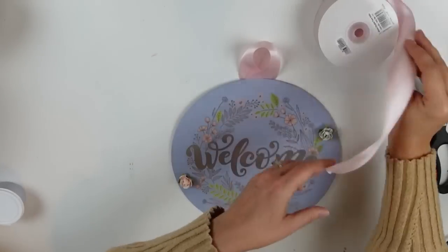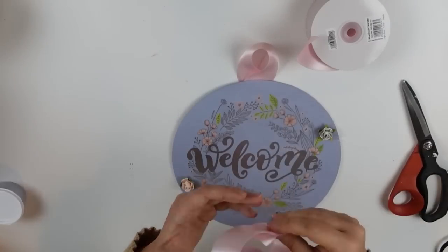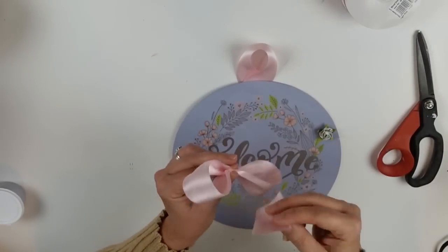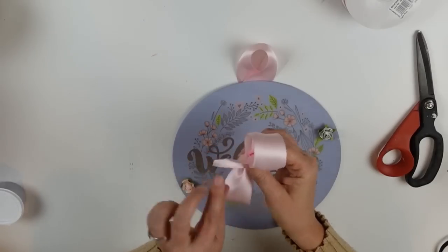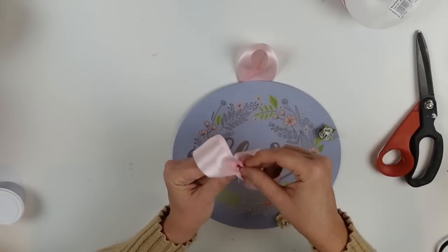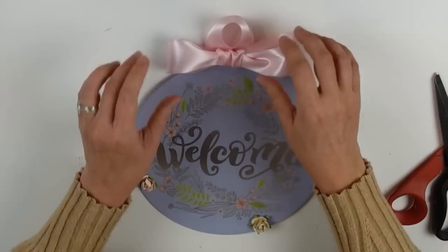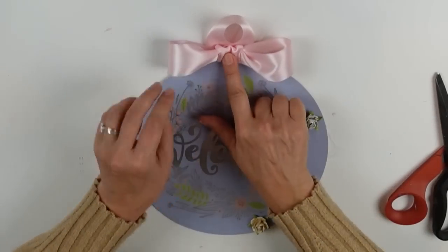So grabbing a little bit more ribbon, I'm going to make another loop bow because why not? I haven't tormented myself enough with making these little loop bows yet, apparently. So doing the exact same thing, gonna go ahead and grab another piece of the ribbon. This time I do want it a little wider. So I'm going to use it its full width. Wrap it around the middle, get some hot glue in there to secure it, and then I'll be attaching it to the base of the hanger at the top of the wood round. So just making sure I've got it the way I want it, and it's ready to be adhered to the top. So applying that,